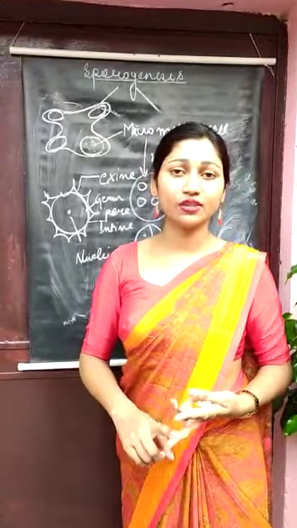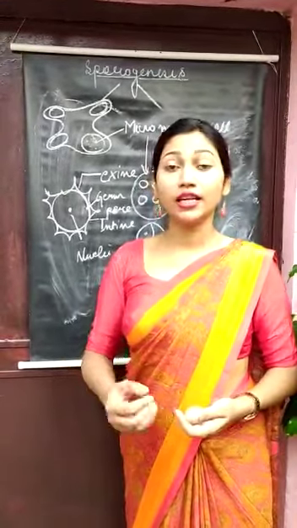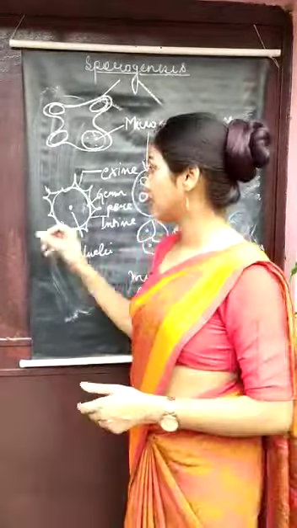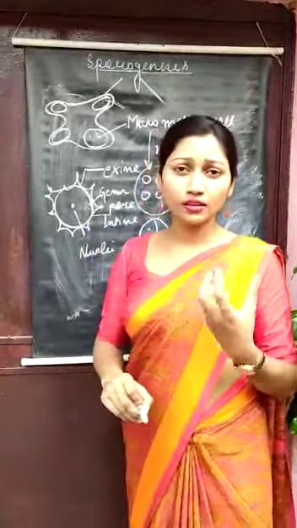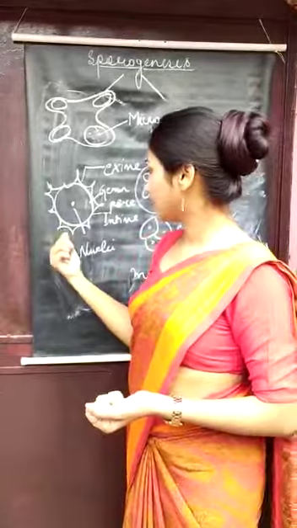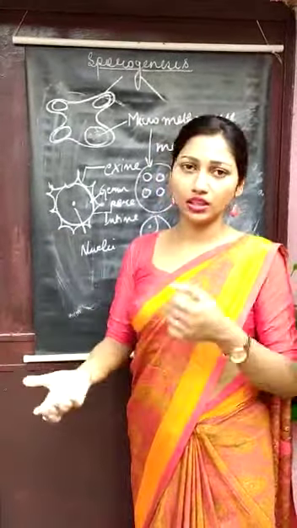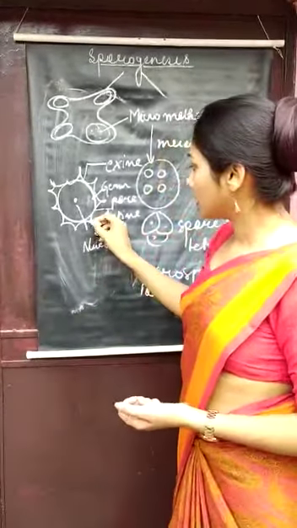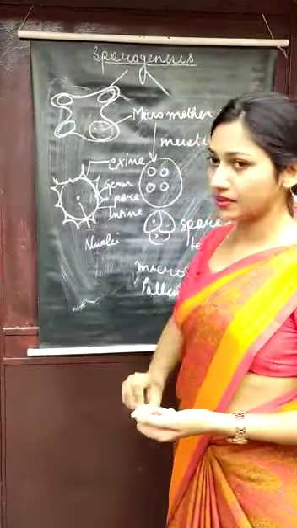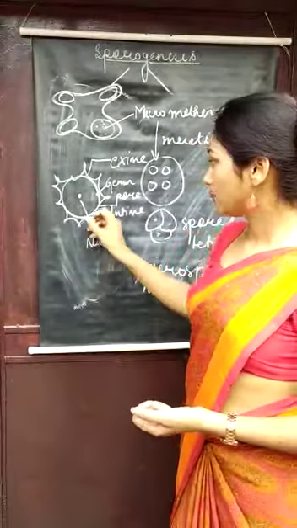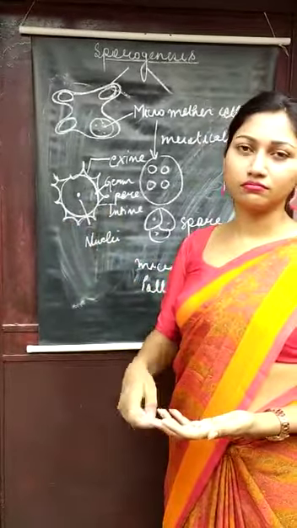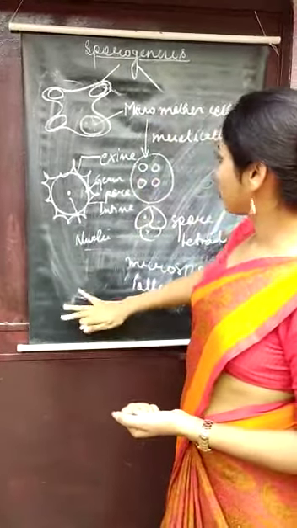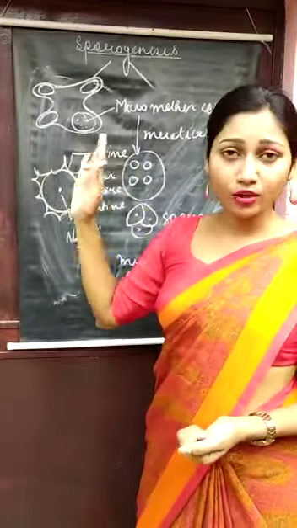The outer one is exine, which is a tough layer. It contains fatty substances, which make it somewhat thick or leathery. This structure is resistant to adverse conditions like high temperature, heat, and so on. It also contains a very hard substance called sporopollenin. This question comes under your competition-based questions. So here we will close this topic, the process of microsporogenesis.